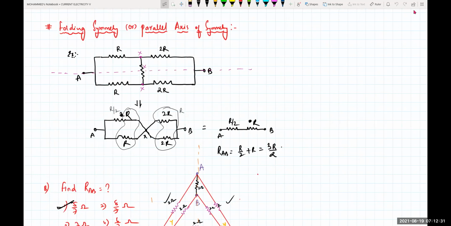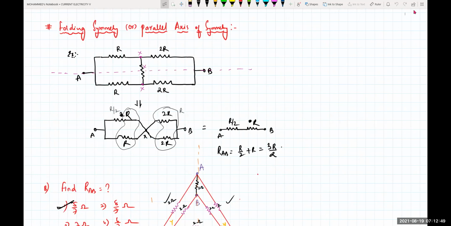Say I have given an example. We have got resistors R, 2R, and below R, 2R, and in the middle there is some resistance, beta. Now see, I need to calculate the effective resistance between A and B. Now take a symmetry along the axis of your A and B, beta, which is parallel to your points A